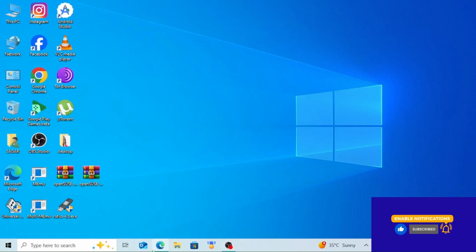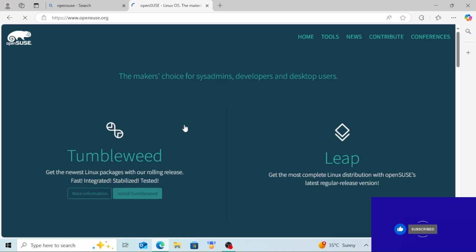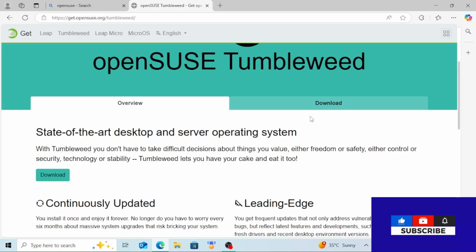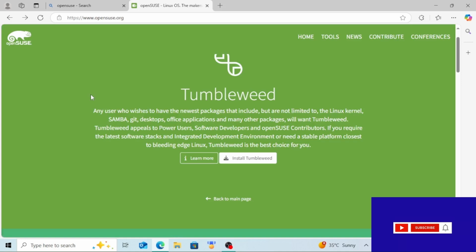Just what we'll do now, we'll directly open Google Chrome. It's a Linux OS, and here you can see OpenSUSE. I typed it and clicked on it. Tumbleweed, Leap, install Tumbleweed. OpenSUSE Tumbleweed, and here you can see offline image and network image are there as download options. So I clicked on it and install Tumble